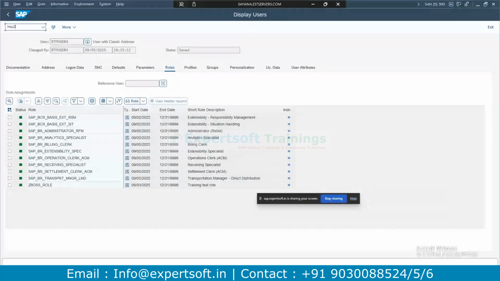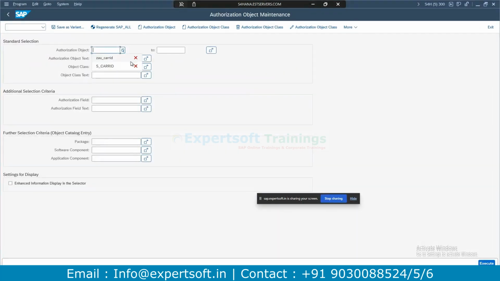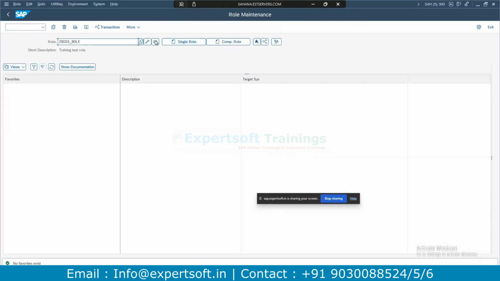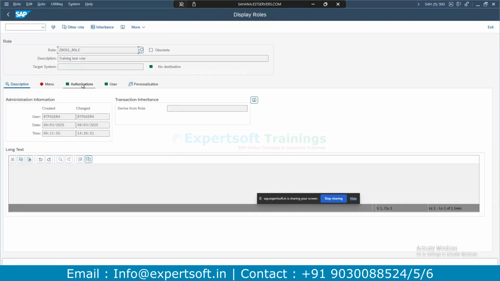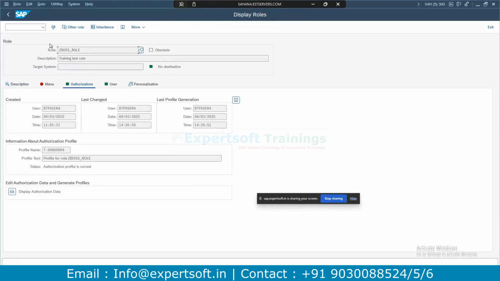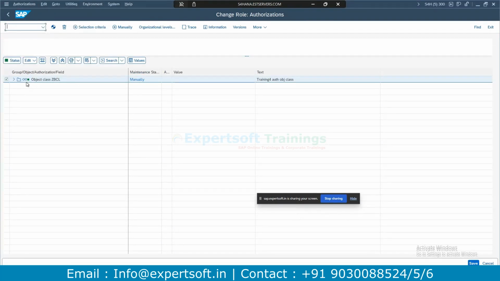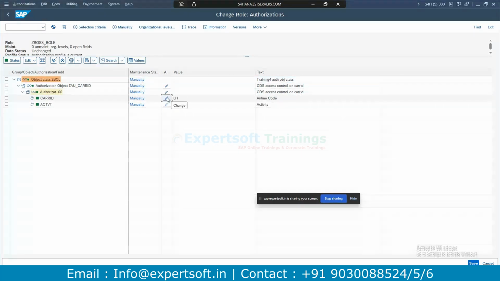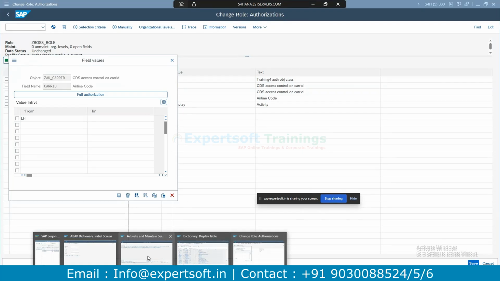SU21, authorization. Then PFCG, authorization, display, change authorization data. So now I'm changing it to yes.